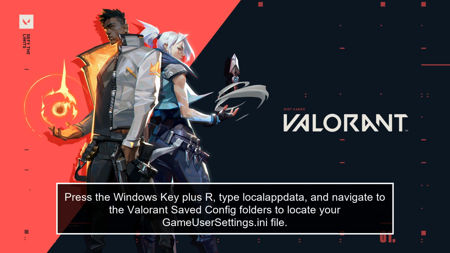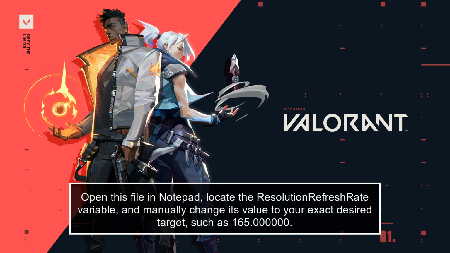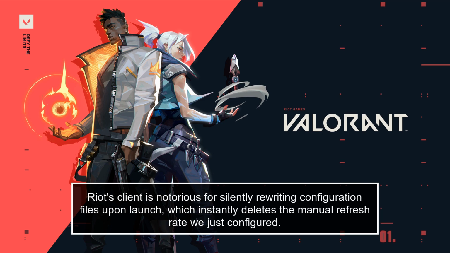Press the Windows key plus R, type %localappdata%, and navigate to the Valorant saved config folders to locate your GameUserSettings.ini file. Open this file in Notepad, locate the resolution refresh rate variable, and manually change its value to your exact desired target, such as 165.000000. Riot's client is notorious for silently rewriting configuration files upon launch, which instantly deletes the manual refresh rate we